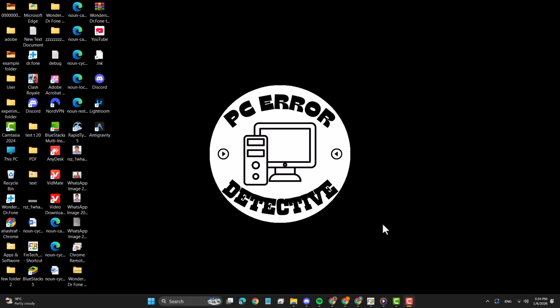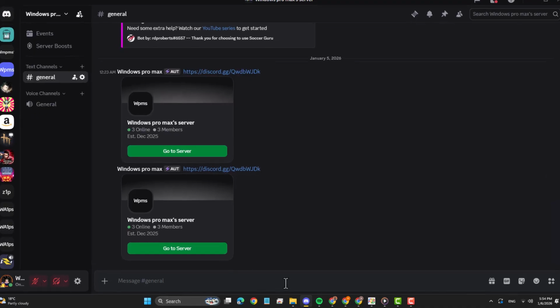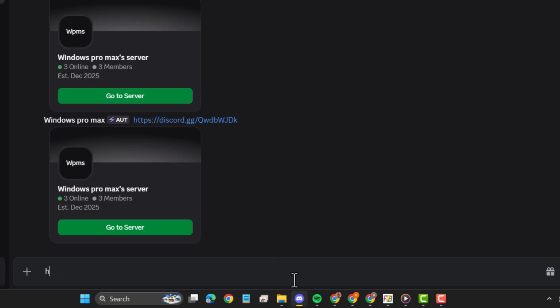Step 1. Open Discord on your phone or computer and go to any chat or server where you want to type your message. This is the place where you will create your bullet list, just like writing points in a document. Step 2. To make a normal bullet point, type an asterisk symbol or a dash symbol, then add one